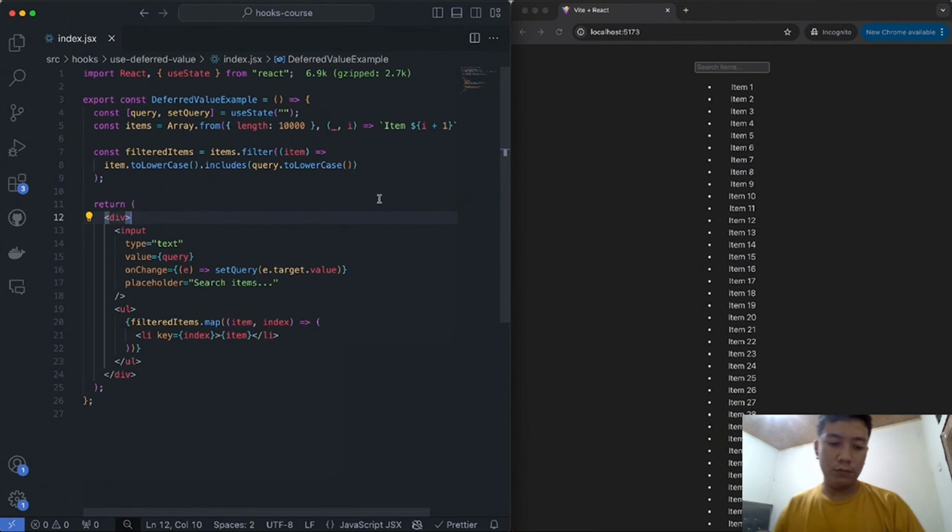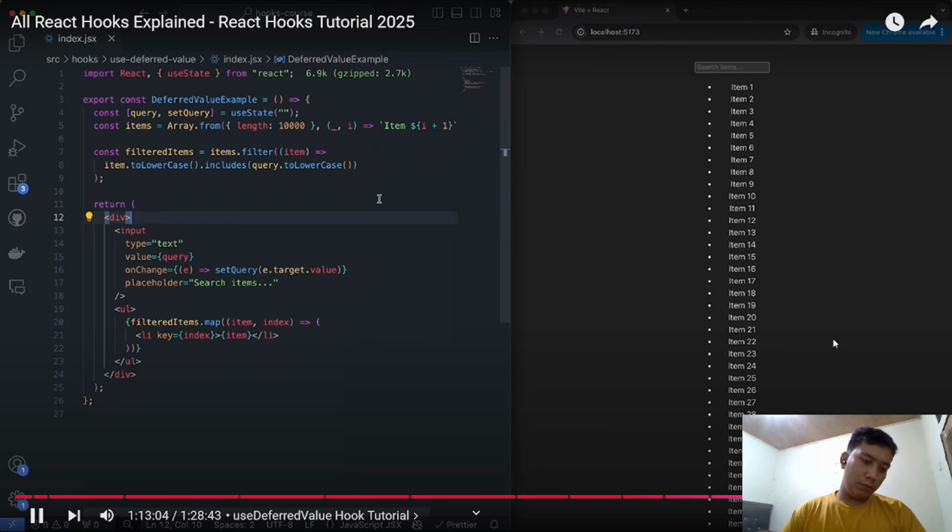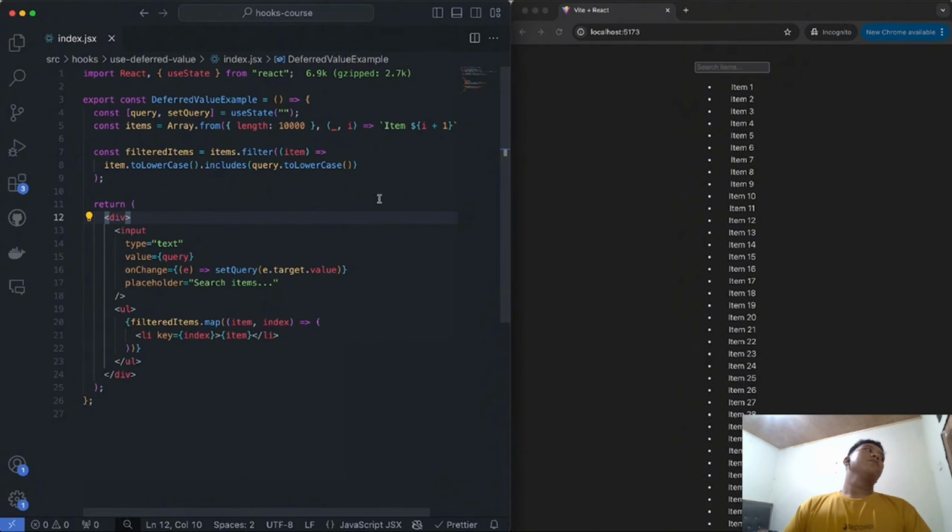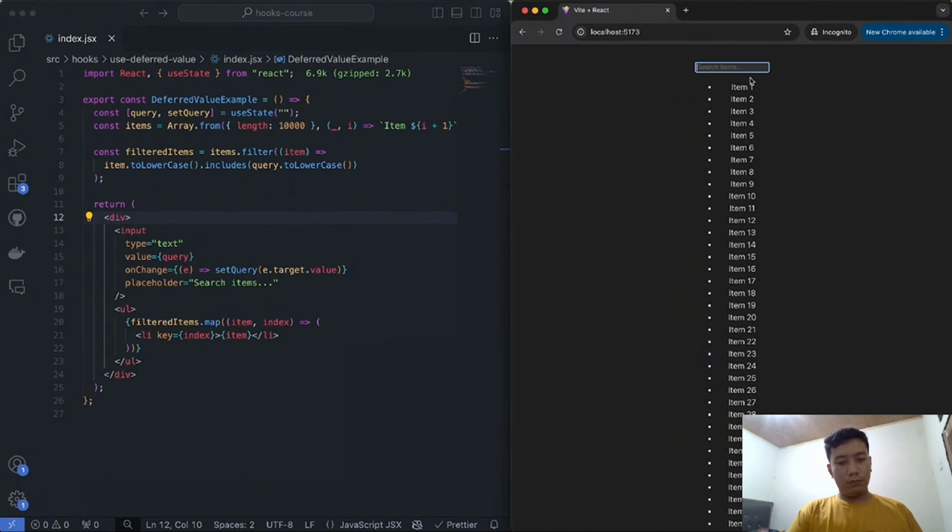We're going to be using the same code example as before because I feel like it will help explain the difference between them, but at its core, the useDeferredValue hook helps you delay updating a value until the app has time to process it. It is specifically useful for smoothing performance when the current value is updated too frequently, like when you're typing in an input to search and filter a list, and you're typing too fast, which makes the state update a lot,